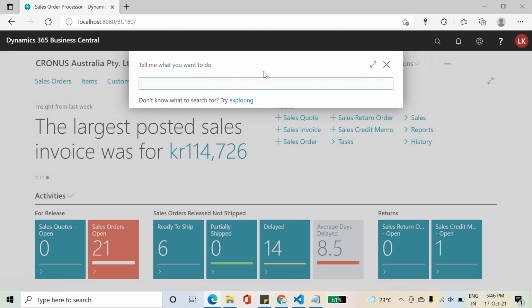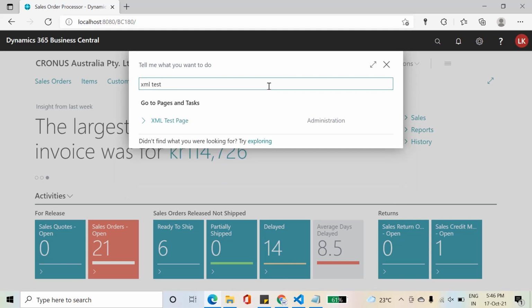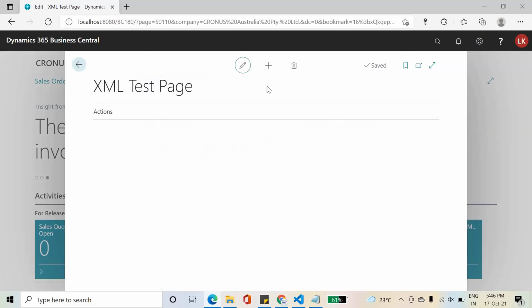So now it has opened up. So let's type the name of the page, which is XML test page. Select this, and now as you can see, this is completely blank, because we have added only the action, so this is our action. Click here